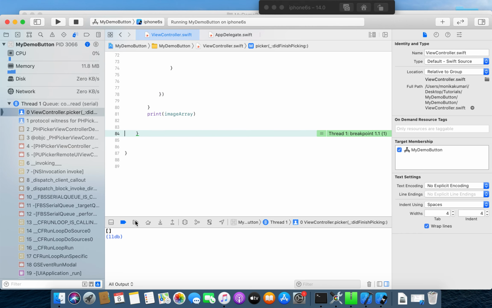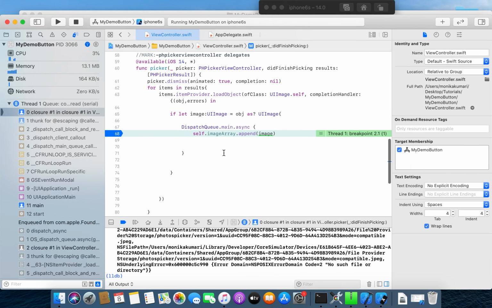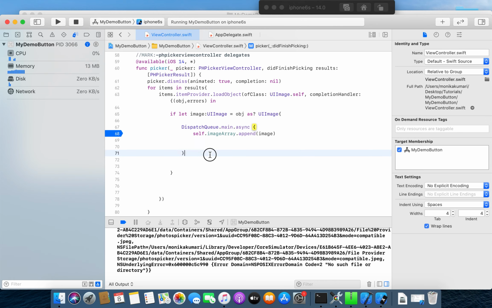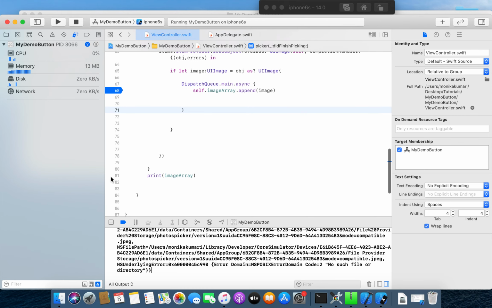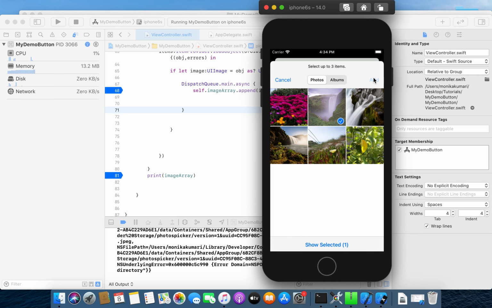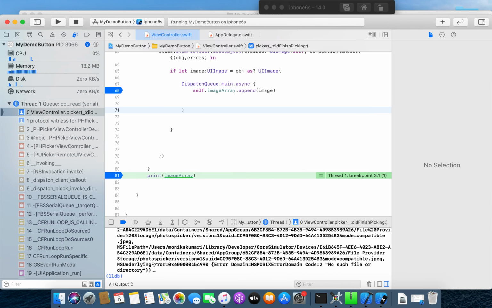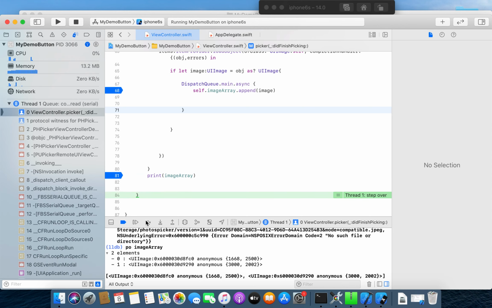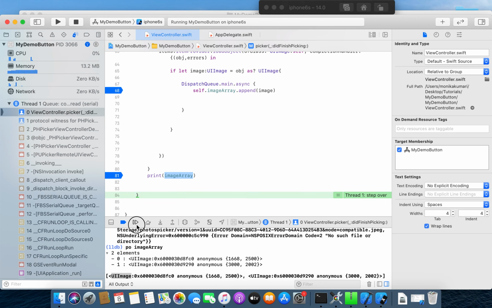After selecting, I am getting the array appended 1, 2 and 3 times. Now let me add one more object, and you can see if you write PO image array over here, you will get 2 images. See, here you are getting 1 image more.